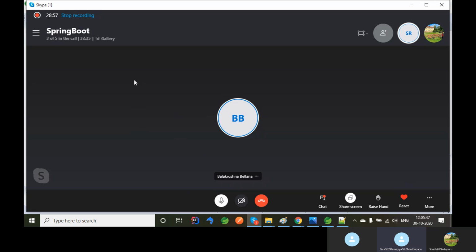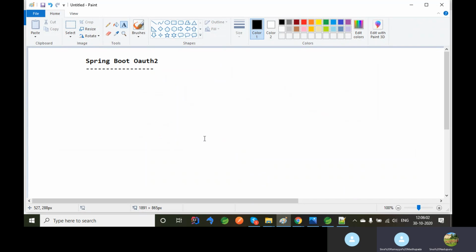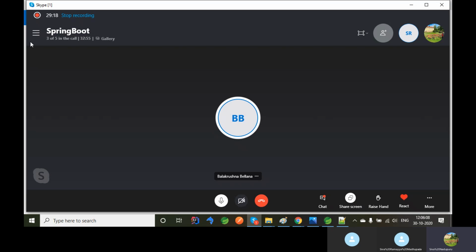But Balakrishna, those people use a username server. Maybe, I think the backend concept is different. I'm not sure about it, but the process will be